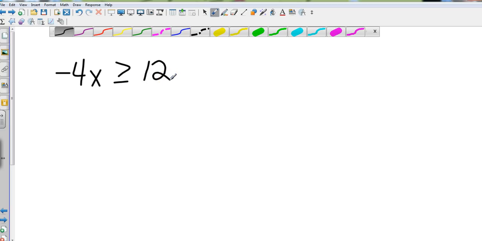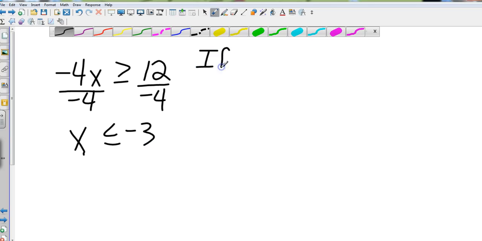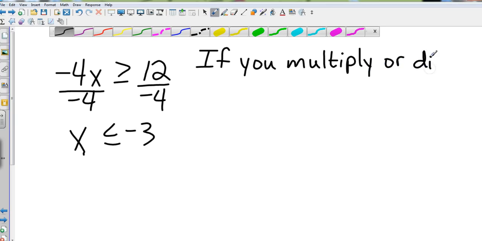Okay, if I have a negative number and I divide it by a negative number, I, at this point, have to flip the inequality sign. So I'm going to write this out. If you multiply or divide by a negative number,